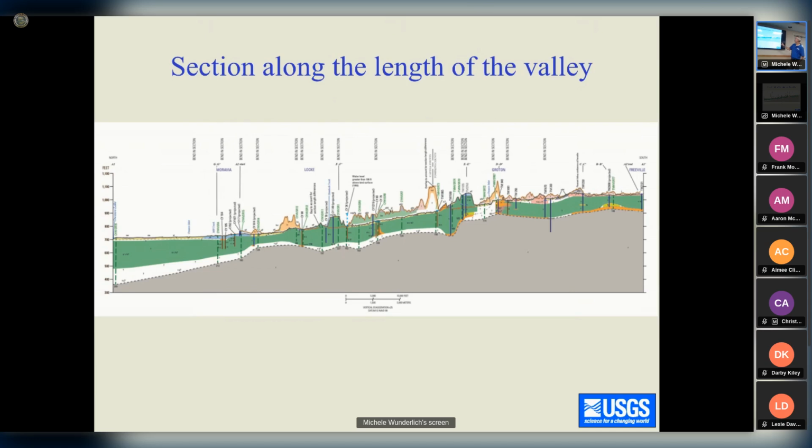These deposits, we have no subsurface information, so we don't know how well they connect or if there are permeable materials to connect to there. But in general, these are pretty sensitive areas. So you don't want to be making land use decisions that potentially have some sort of leachate or something that could affect groundwater quality. Next.